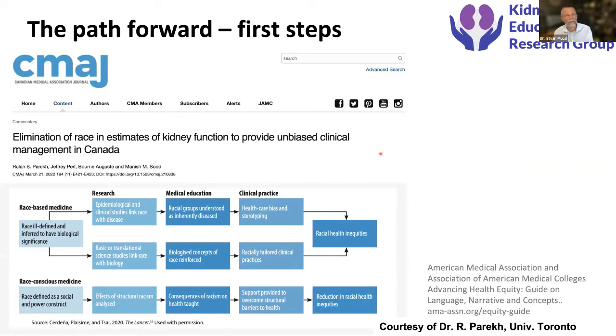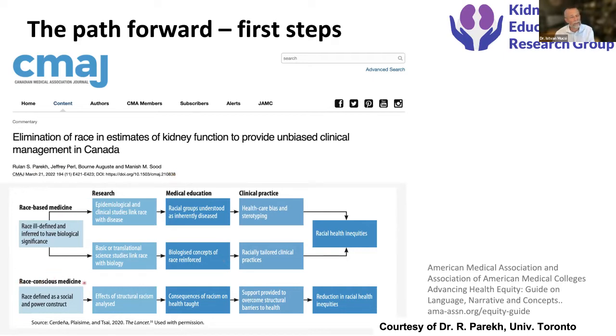As a consequence of all these discussions in the last couple of years, this race adjustment has been removed from the formula, both in the United States. There has been a very detailed approach to this. And now there has been a discussion in medicine about how this can be approached. And now we state that the previous way to approach racial inequities and disparities in healthcare actually contributed to and maintained the racial health inequities, because we have seen that although there has been discussion and research around this, the situation hasn't changed. And now people suggest, and this article was written by Canadians in the Canadian Medical Association Journal, and Karen pointed this paper out recently,